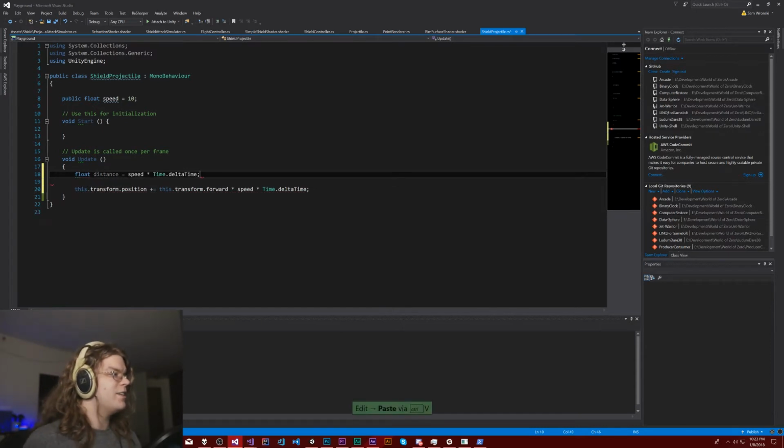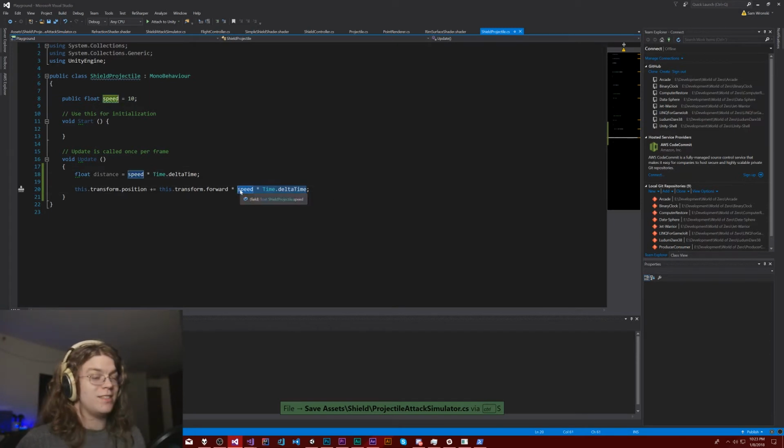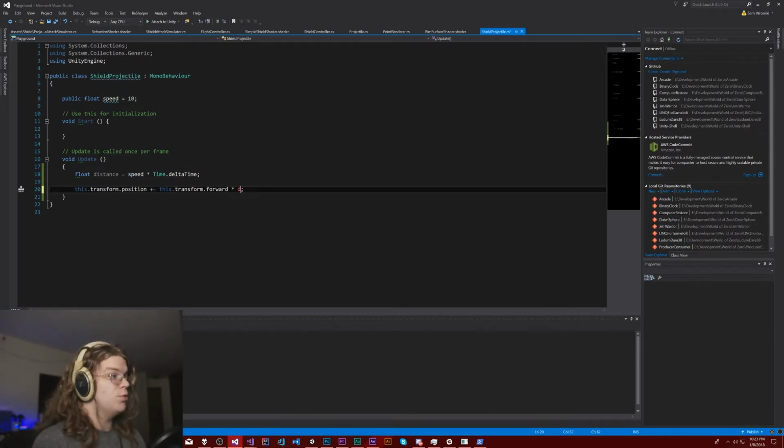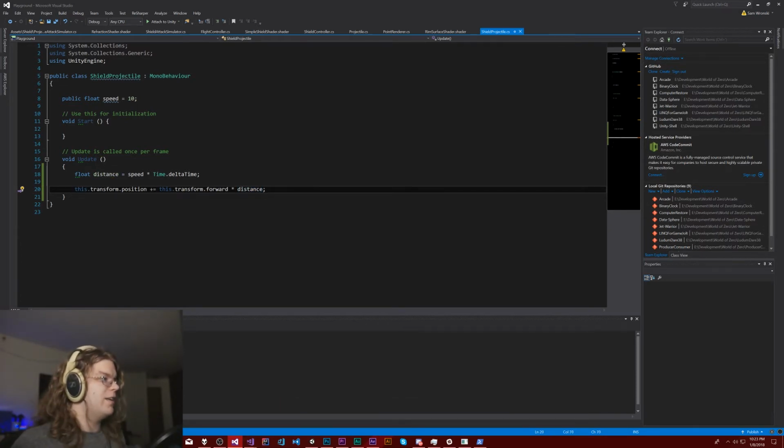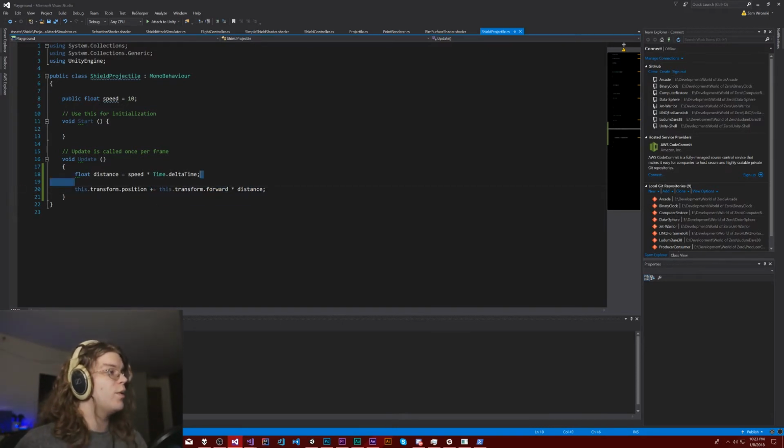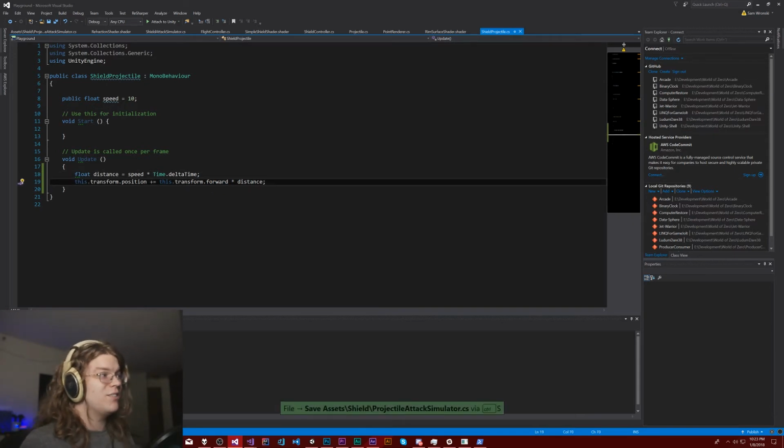If I have a distance here, it's going to be equal to the speed times the time delta. That's the total distance our projectile will move in any given frame. So from its origin plus that is the total distance. And then this is the direction it's moving, which means we can use that to define our